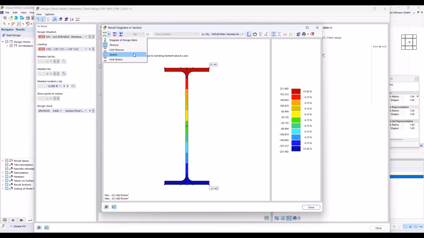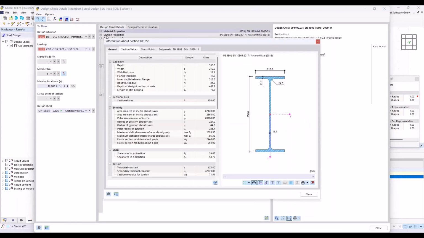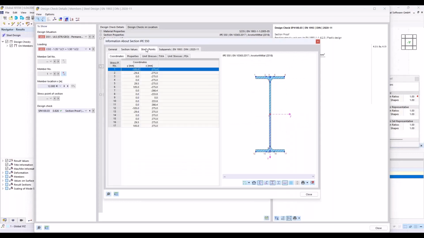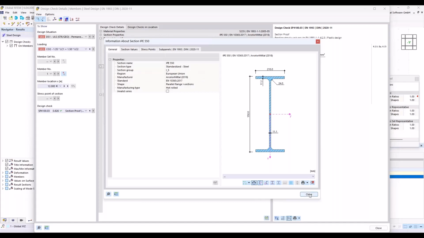So okay, that's all. I can show also maybe the cross section information, the stress points, the different sub panels for the cross section classification, the C to T parts. Okay,